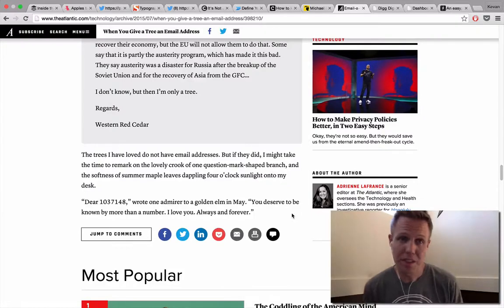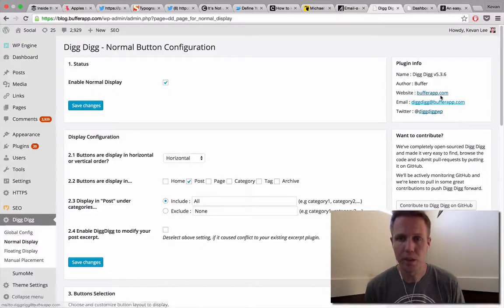So those are some different spots that you might find social share buttons, maybe some inspiration on what experiments to try with your own content. A couple of ways that we might do this on the Buffer blog. This is our WordPress kind of back end. So we use WordPress to run our blog. There's lots of cool plugins out there that help with social share buttons.